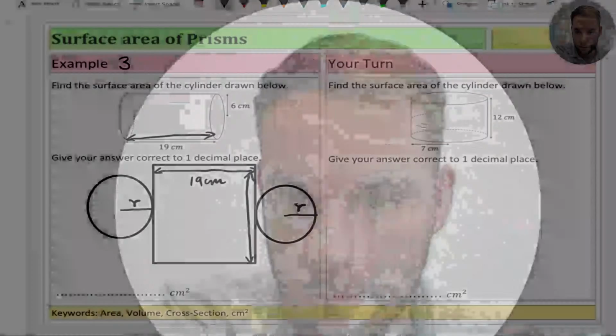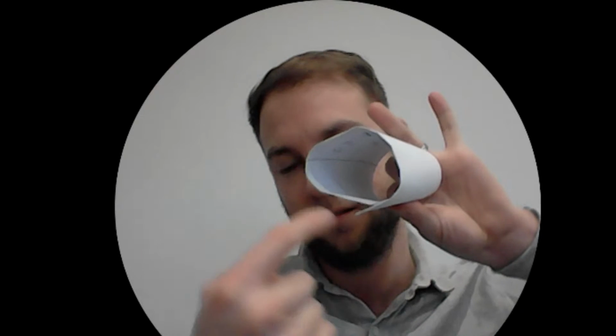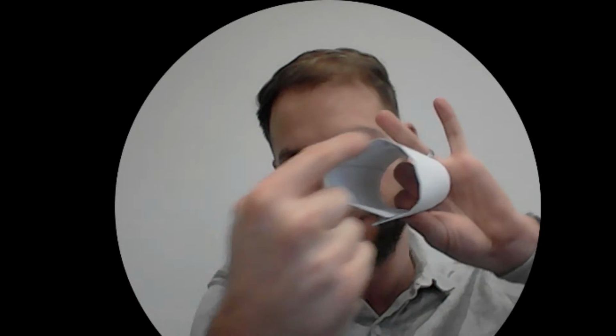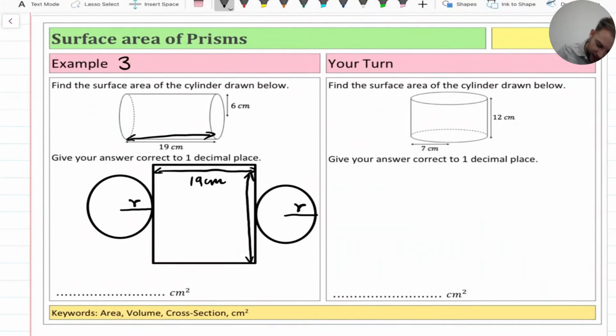Now the thing that you need to know is that this circle here is the circumference of a circle, and that is this length here. This length here is the circumference